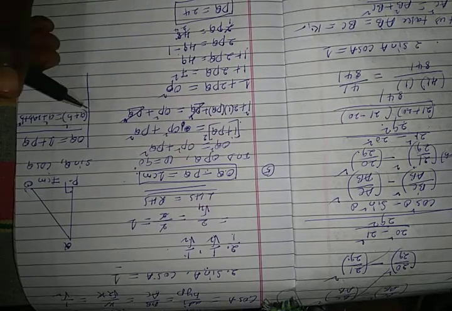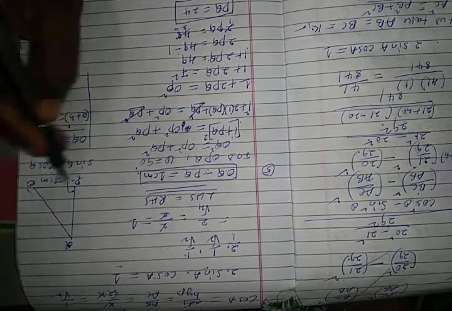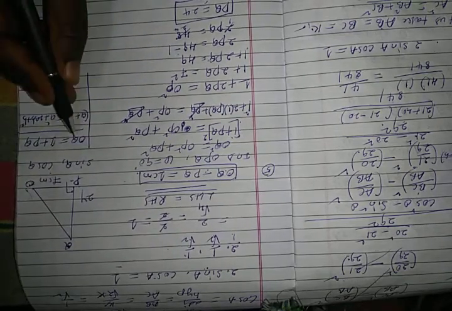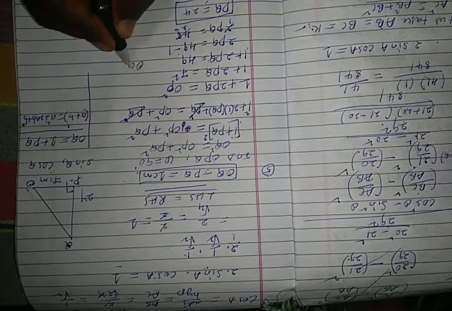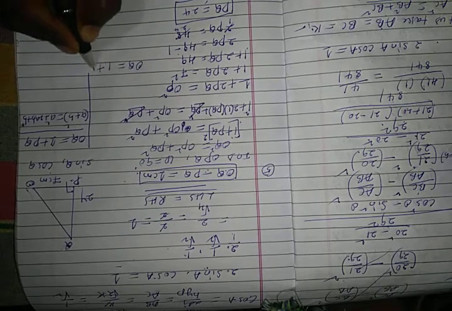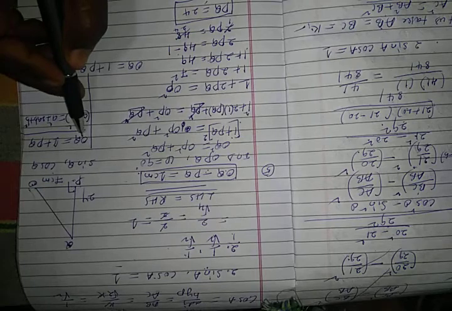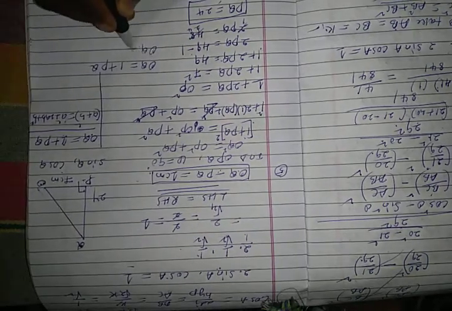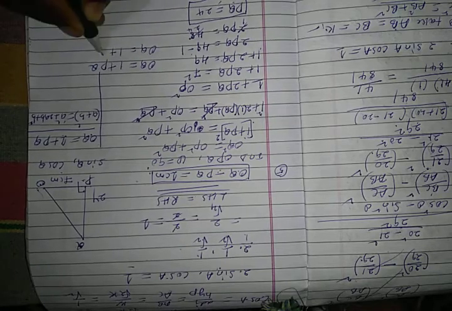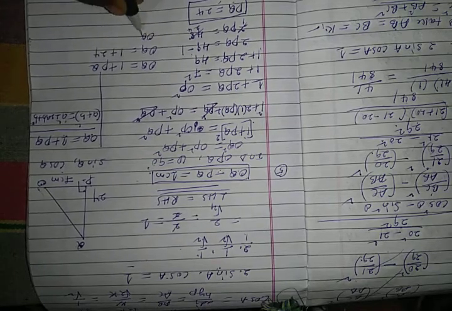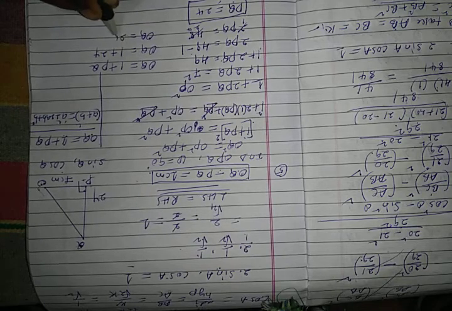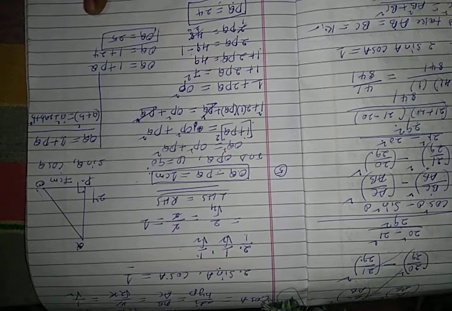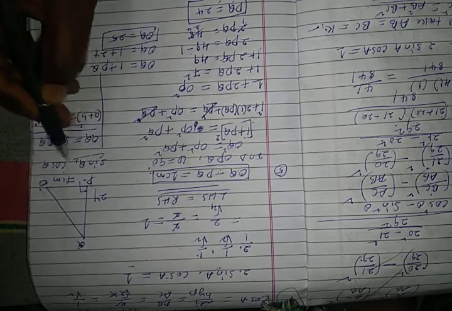Then by using the already given OP is 7 and PQ is 24, by using the Pythagoras, we have to find out OQ. See, OQ is equal to 1 plus PQ. Then OQ is equal to 1 plus, the value of PQ is 24. Then OQ is equal to 24 plus 1 is 25. So OQ value is also 25. So after that we have to find out sin Q and cos Q.